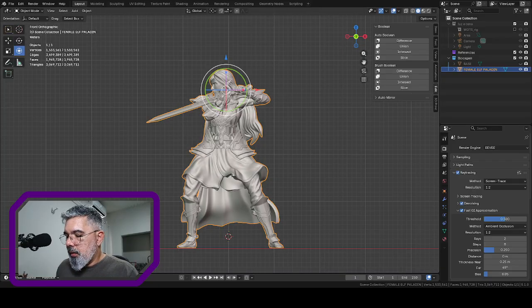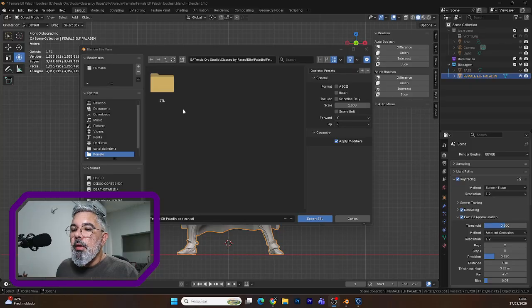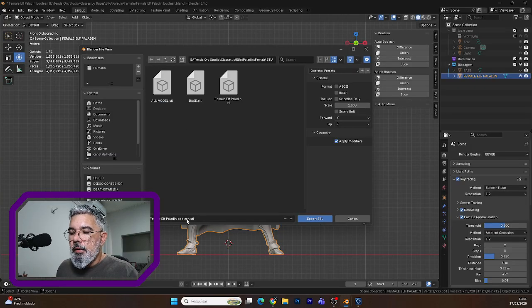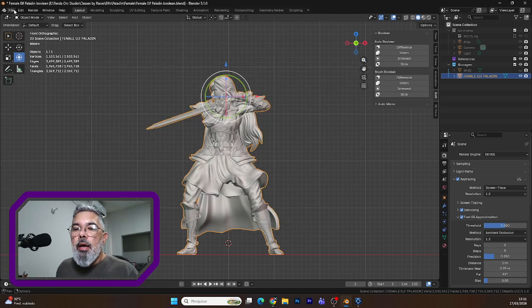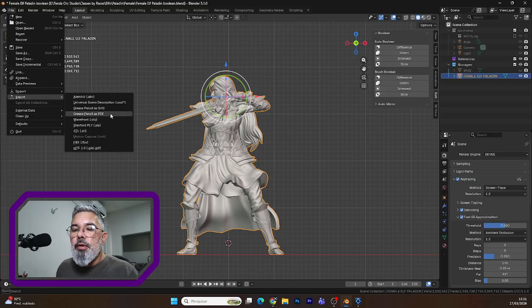Let me show you, you can see the window, but it's not a problem. Now you can see the window. I already had this STL file, so you just need to come here and save the STL. I have already my model saved, and you do, and then come back here to the file and export to obj2,